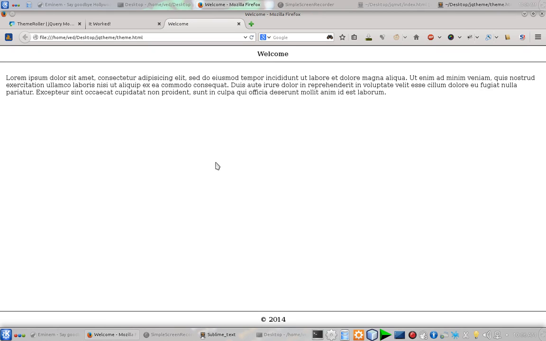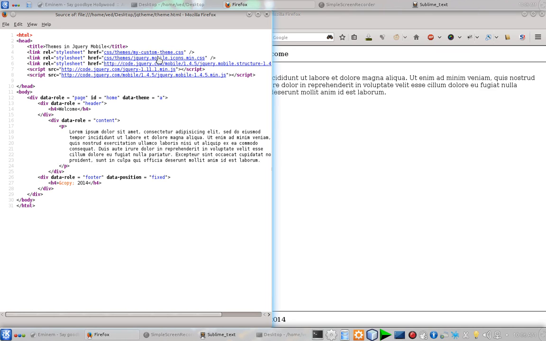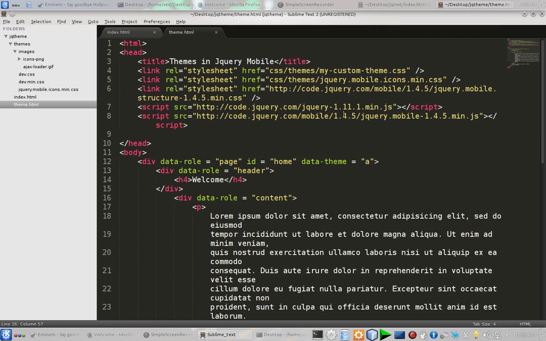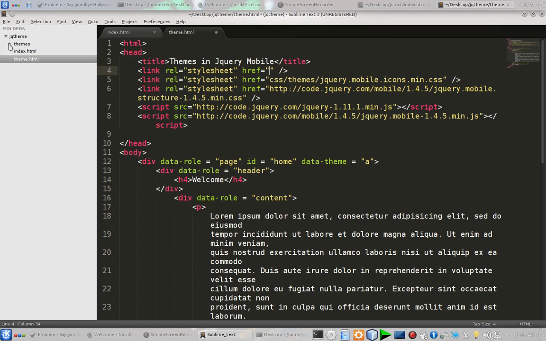Oops, there is some problem. Let us check. Okay, I made a terrible mistake. As you can see, I have to attach my own CSS, not this. So first we have to, let's see, under themes, there is dev.min.css. So the href for my CSS is going to be themes slash